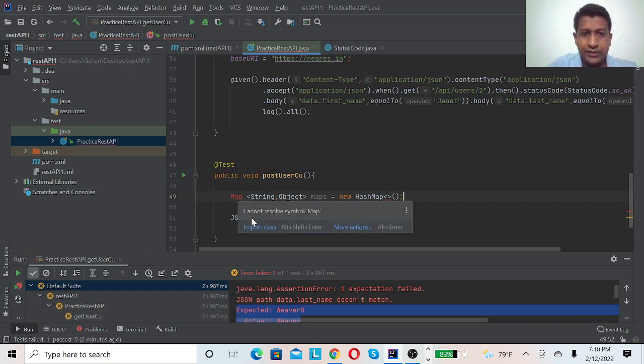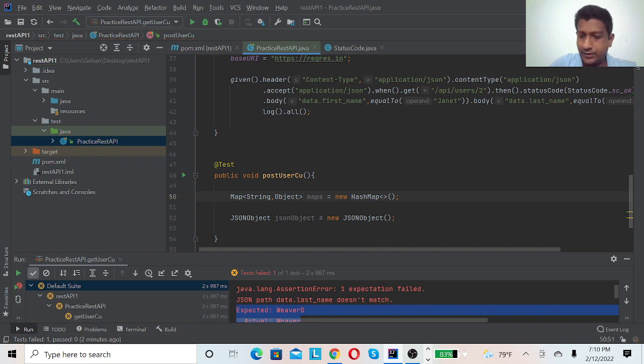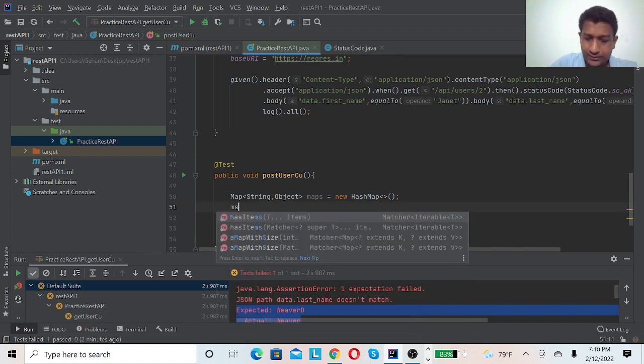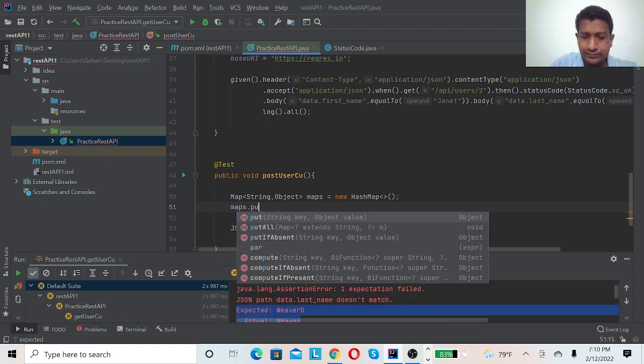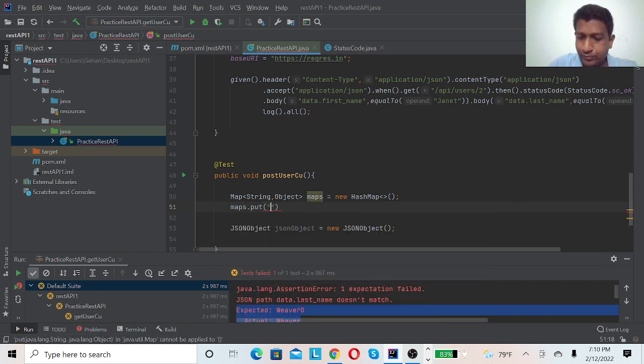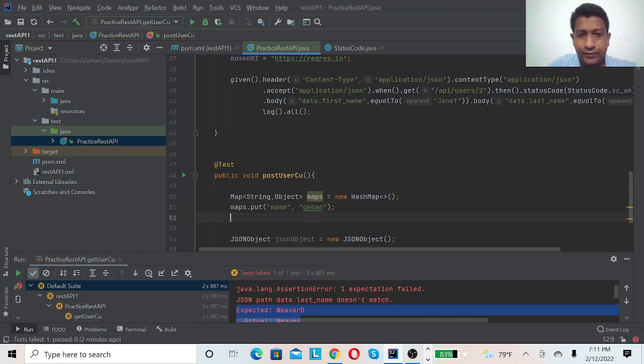So I will import this Map class, and under maps, maps dot put. Likewise, I can put my key values. The key should be a string, and I can put strings for value.